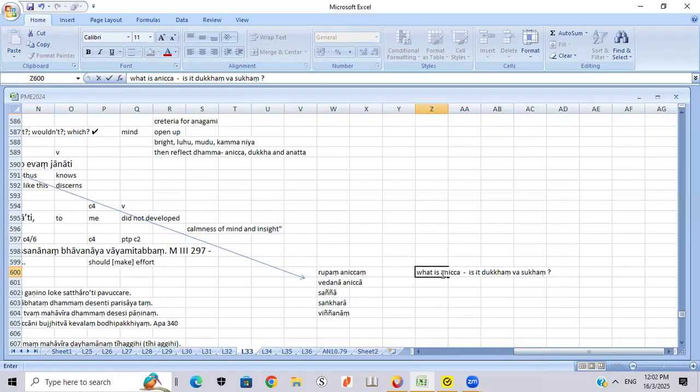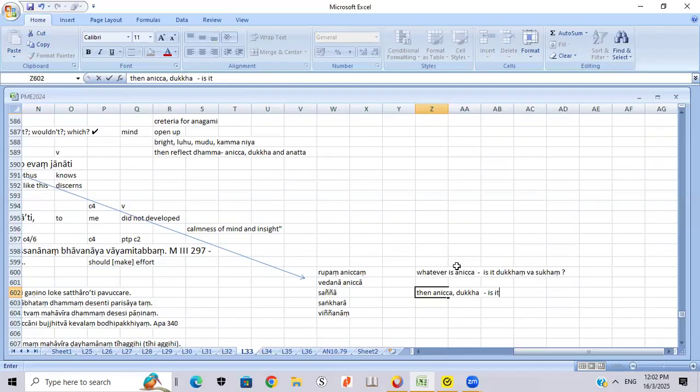Whatever is impermanent, is it dukkha or sukha? It's definitely dukkha. So that's the answer. So this is reflection. So then anicca, dukkha, and then again,